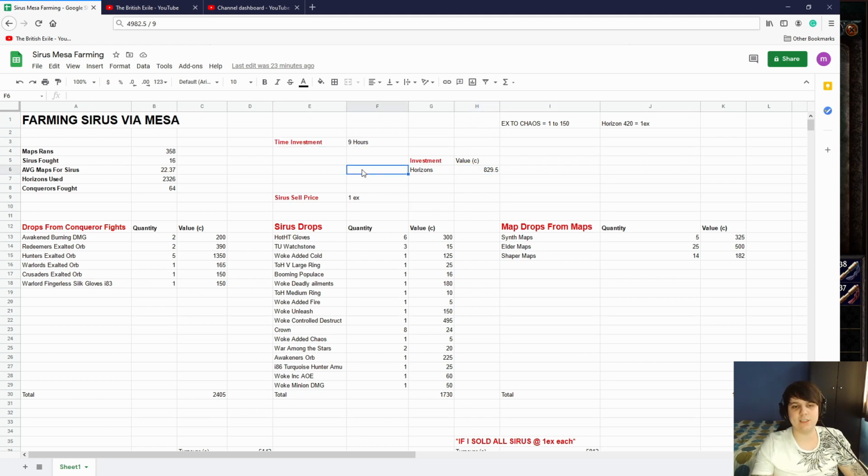And then the time investment, this is very fast. This is a lot faster than most other methods. Now, it took me 9 hours to do this many maps, and I'm not sure if that's good or bad, but I was doing this very casually, and my build is not exactly a super fast build. So I thought this was a pretty good time investment. You can probably do this faster if you're absolutely sweating, but I'm not, so...